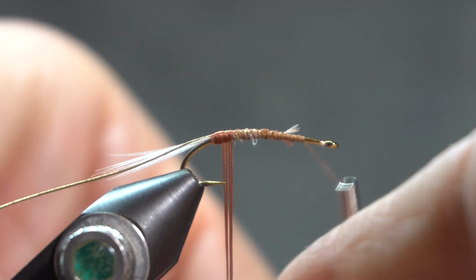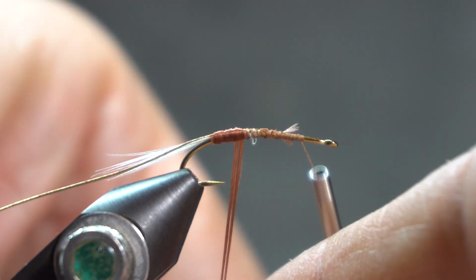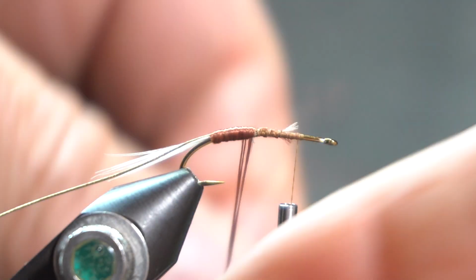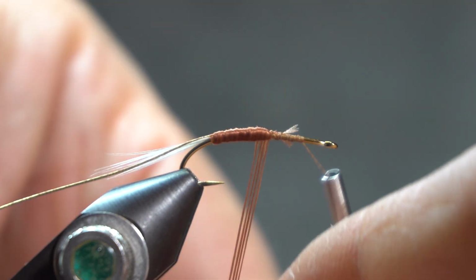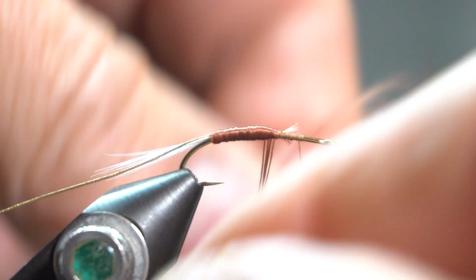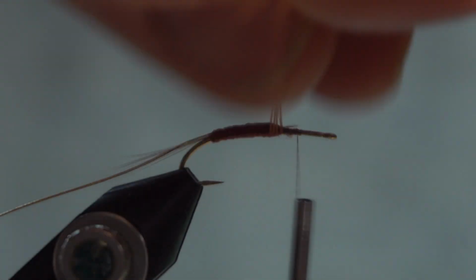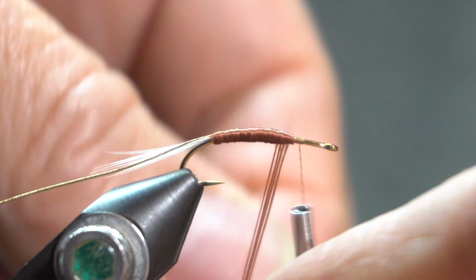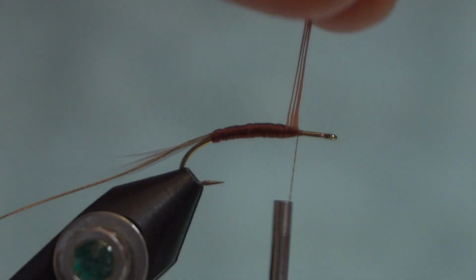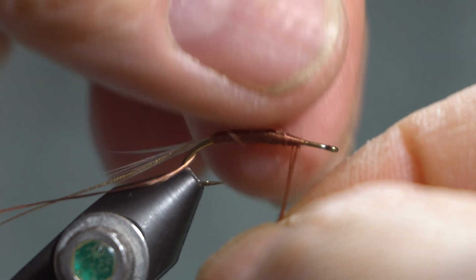wrap those. And having a number of thread wraps underneath is fine because I don't want a body that's too thin. According to the illustration, it's not a real thin body, but this is really still a pretty thin body. And I like the look on this 3X hook to imitate that mayfly. And I'm using brown as opposed to red. If I had something that was a little closer to a reddish brown, it might be a little bit more like the illustration. But again, I'm tying off the illustration, so I have to kind of make some guesses, and